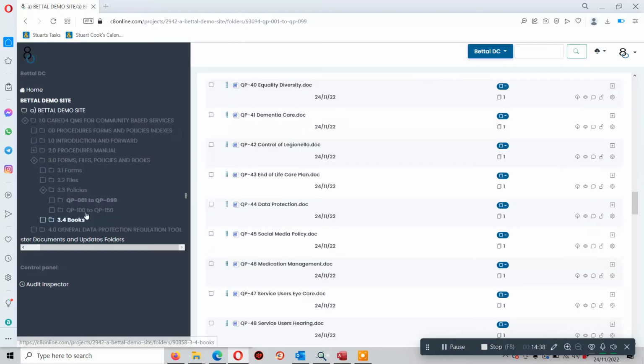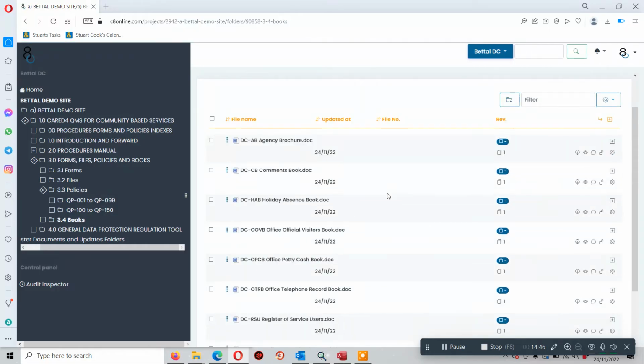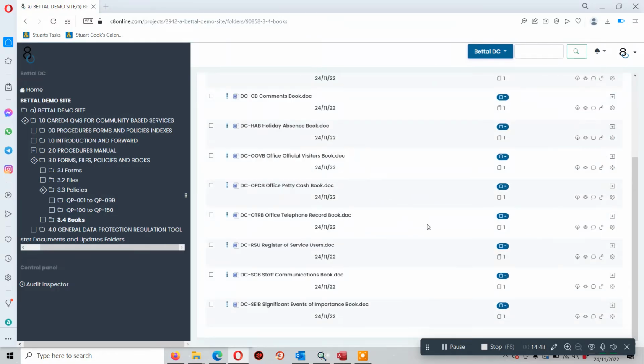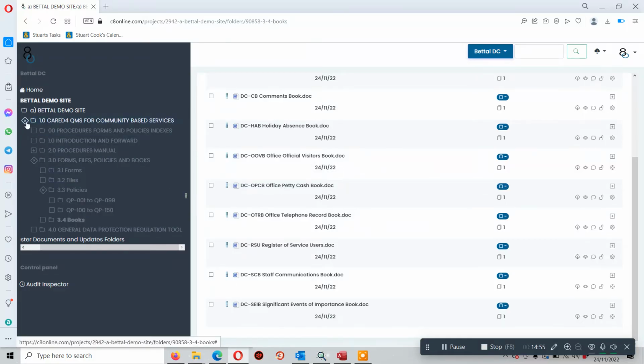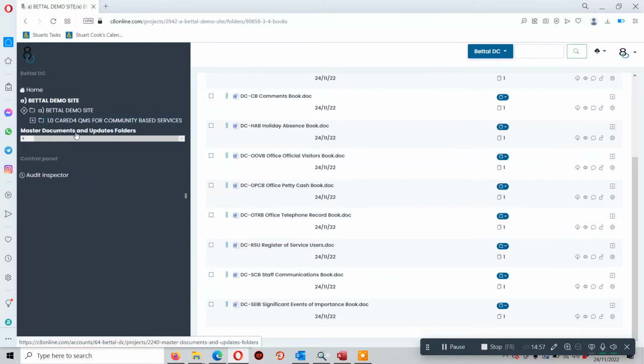There are more forms in here, but I'm not going to open that. And books are really an extension of forms. I'm going to quickly open that folder, and here we have books, but I'm not going to go into any of the books at all. And what I am going to do now is collapse this folder